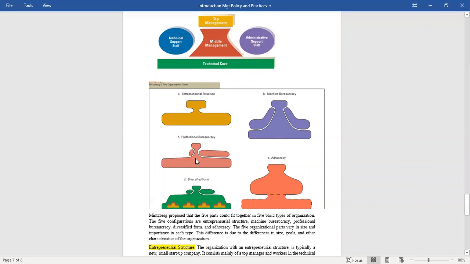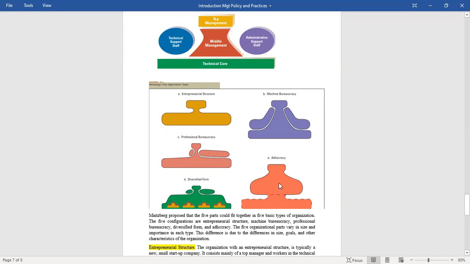अब आ जाएँ आप एक प्रोफ़ेशनल ब्यूरोक्रेसी में। प्रोफ़ेशनल ब्यूरोक्रेसी के अंदर क्योंकि प्रोफ़ेशनलिज़्म ज़्यादा है, इसलिए यहाँ पे भी एक शॉर्ट स्ट्रक्चर है। उनको इतनी ज़्यादा टेक्निकल सपोर्ट की ज़रूरत नहीं है, वो यूजुअली प्रोफ़ेशनल खुद होते हैं। उनको एडमिनिस्ट्रेटिव सपोर्ट की ज़्यादा ज़रूरत होती है। अब आप आ जाओ फिर एक डाइवर्सिफ़ाइड फ़ॉर्म पे, जहाँ पे अगेन डिफरेंट यूनिट्स हैं, विदिन अ लार्ज ऑर्गेनाइजेशन, डिफरेंट यूनिट्स ऑपरेटिंग अ लिटिल बिट डिफरेंटली। इनको भी इतनी ज़्यादा टेक्निकल सपोर्ट की अलग से ज़रूरत नहीं है। इनको एडमिनिस्ट्रेटिव सपोर्ट की ज़्यादा ज़रूरत होती है।